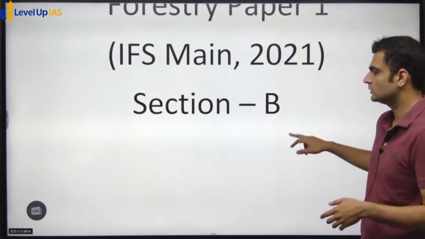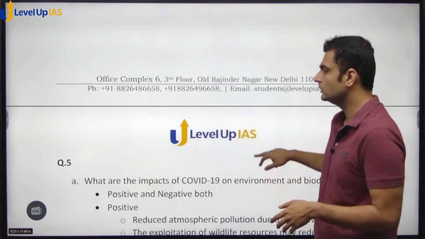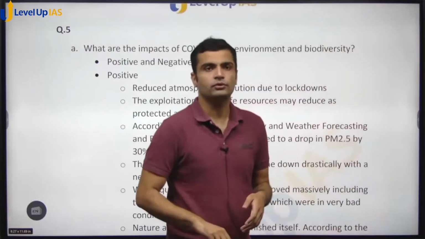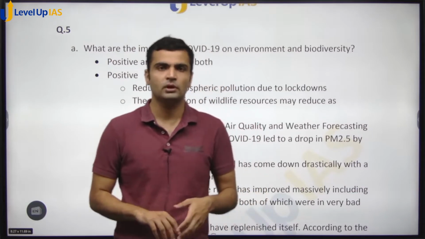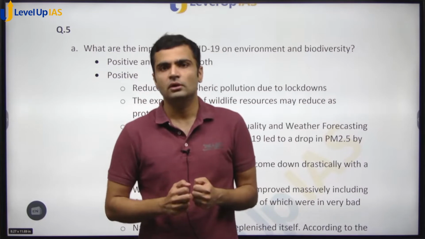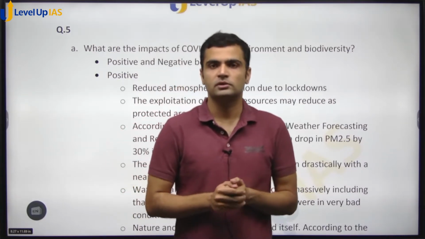Again, this section has 4 questions, out of which one is compulsory, that is question number 5. It has 5 sub questions, 8 markers, and from the rest of the 3 you have to choose minimum 1 and maximum 2. In my opinion, this particular section was tougher than section A, because section A had lot of